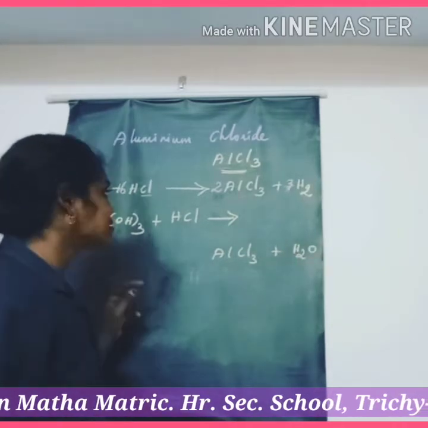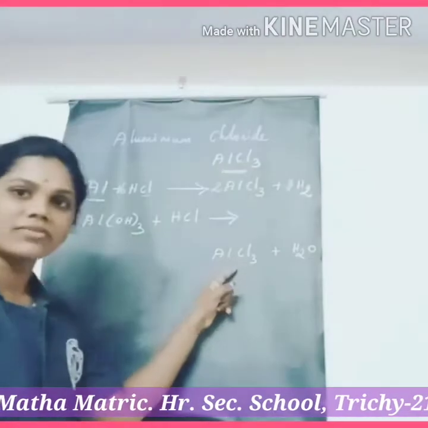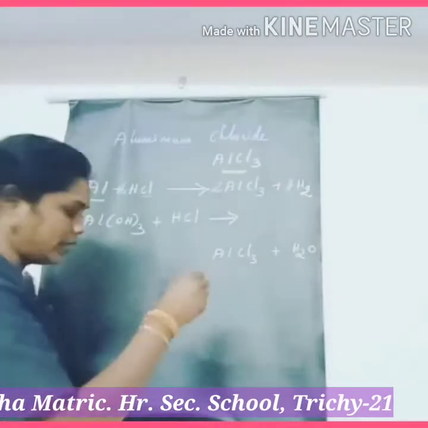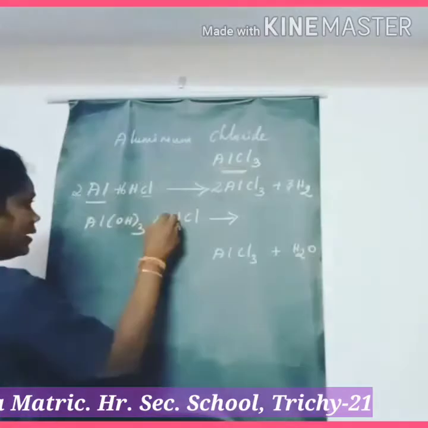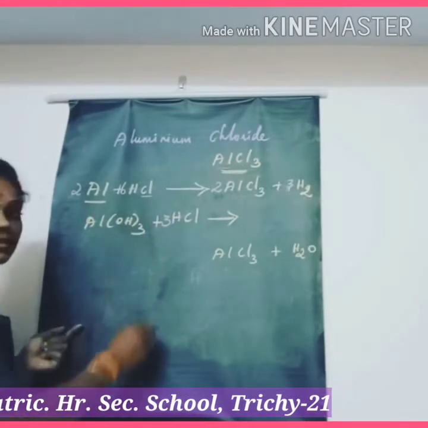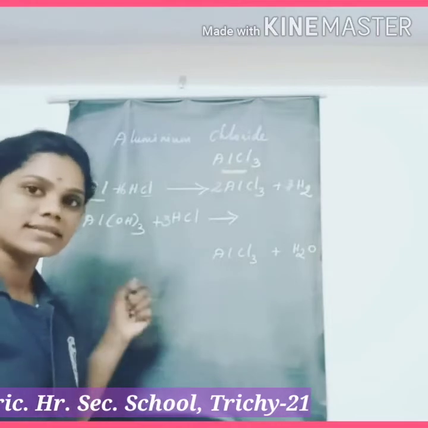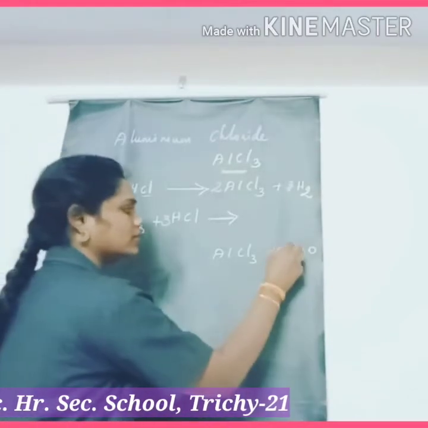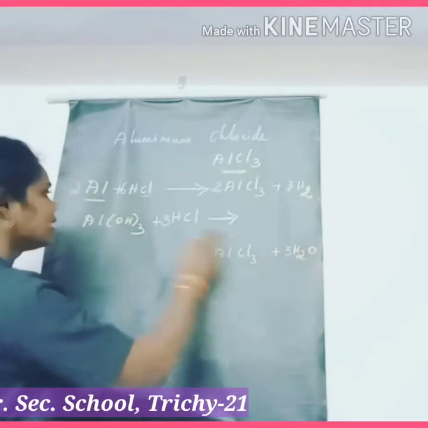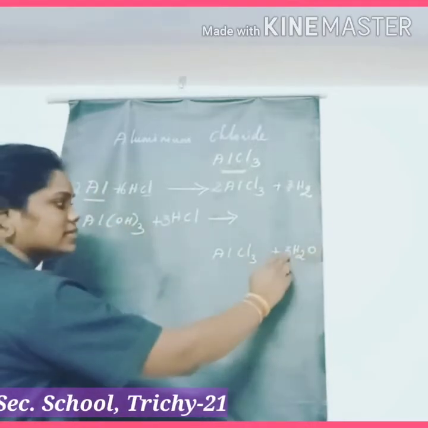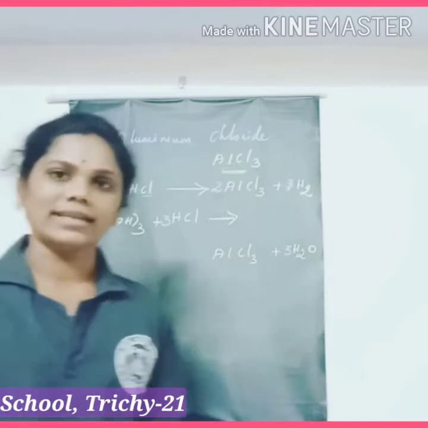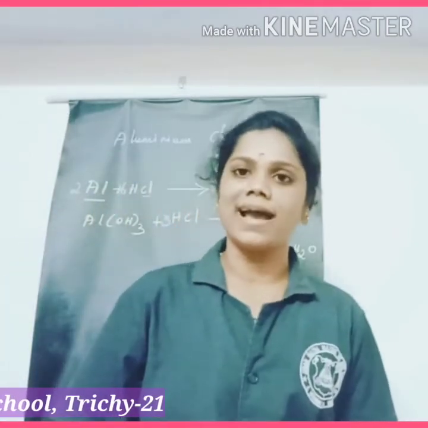Okay, now let's balance the equation. 3 times chlorine is present here, but here only 1 time chlorine. So 3 times chlorine. Here hydrogen 3 times, here also hydrogen 3 times. So 3 plus 3, 6 times hydrogen. So here 3 times, so 3 2s are 6. Okay, so oxygen 3 times. Here also oxygen 3 times and aluminium 1 time. Here also aluminium 1 time. So this equation is also balanced.